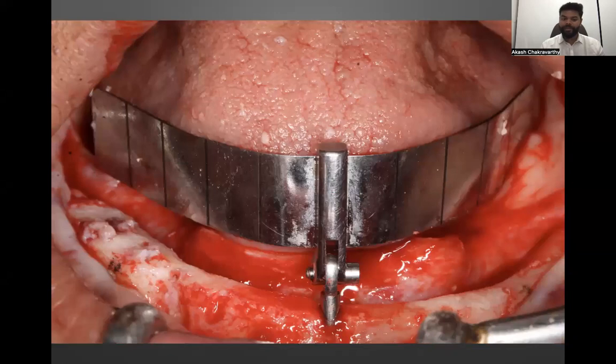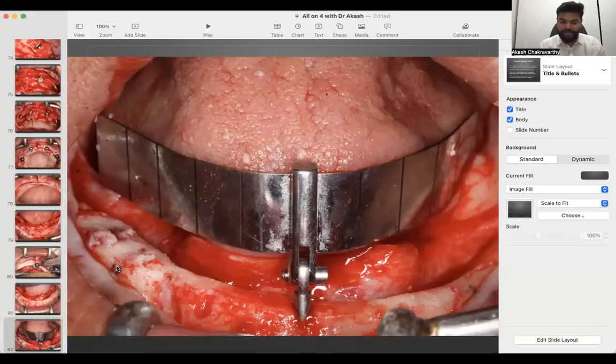And this is my milling guide being placed. And if you notice, there are these pencil marks over here. These pencil marks over here. So what I do is I elevate until I see the